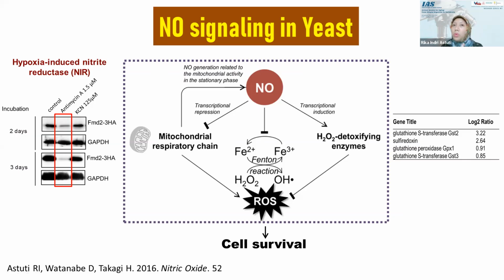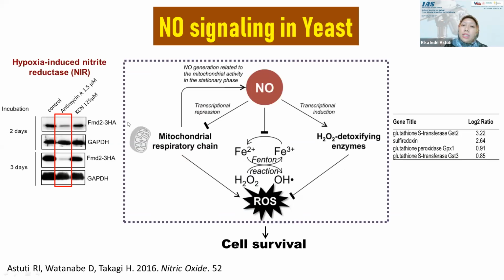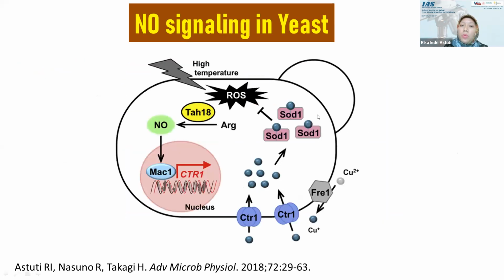aging. We did both in the log and the stationary phase. So this is also one of the studies that we've done, this one in the yeast Schizosaccharomyces pombe, but this one in the yeast Saccharomyces cerevisiae. We try to expose the cells to environmental stresses, which is one of the triggers for aging. Here we use a high temperature, which in turn in cells will somehow cause accumulation of the reactive oxygen